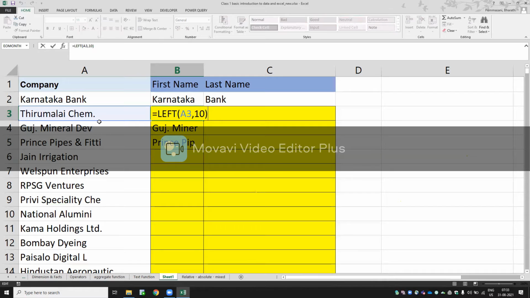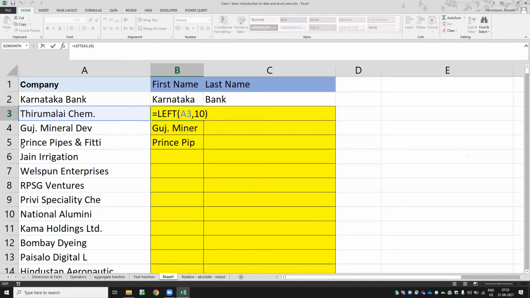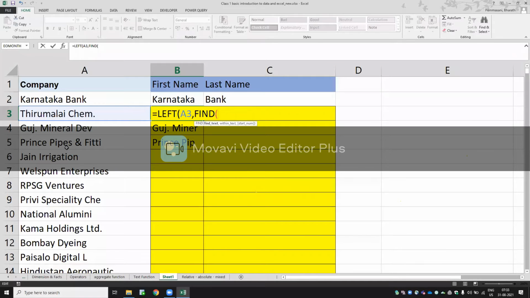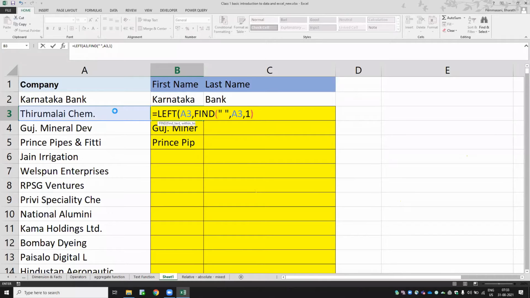The first name and last name splitting is by space. With the help of the space only, we are splitting the first name and last name. So we have to find the position of the space. We'll use the FIND function instead of giving the number. We have to follow the syntax: find text value, comma, within text, in this text, comma, starting number 1.